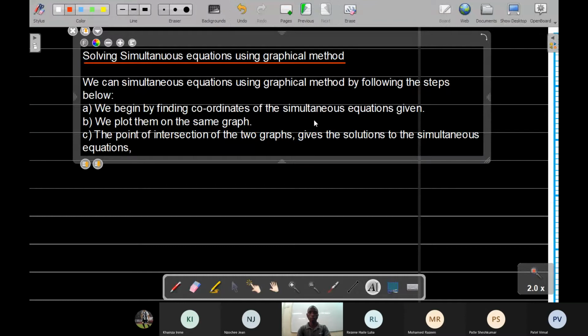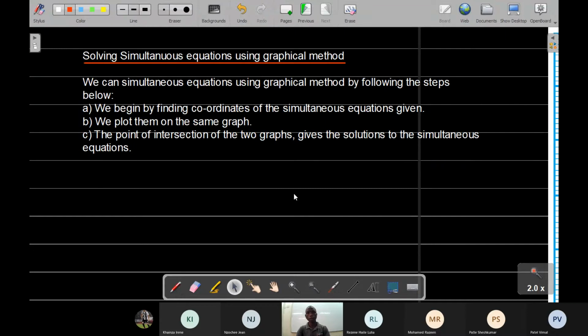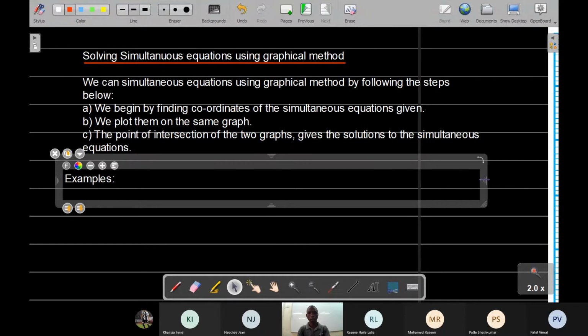So this is what we are going to follow if we are to sketch or draw graphs of those equations which are given. I'll not explain much here. I just take you to the example. In this example, they can say, use the graphical method